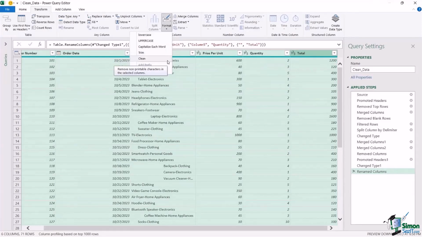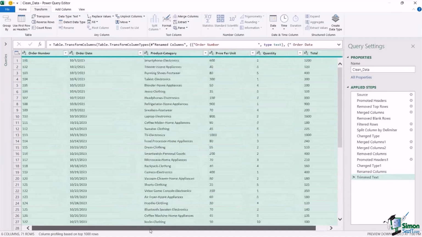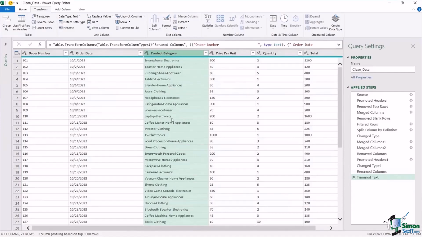Again, two functions you may have used in Excel. So we're going to choose trim, and like magic, it trims out all of those erroneous spaces. So we are definitely looking a lot better now. What else do we need to do here? Well, this column just here,